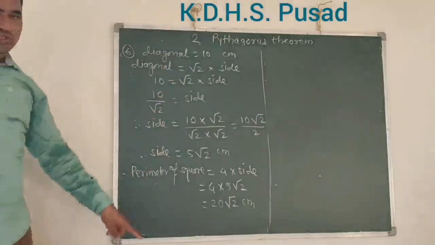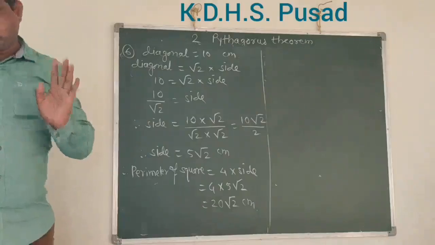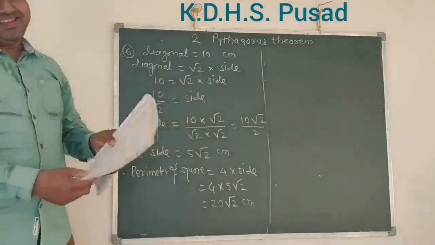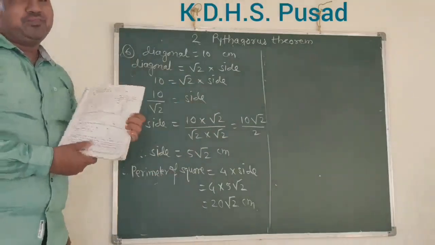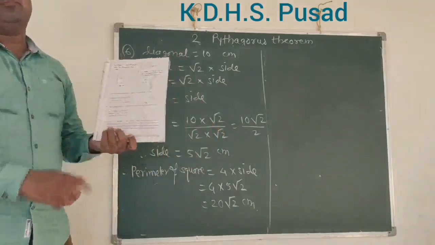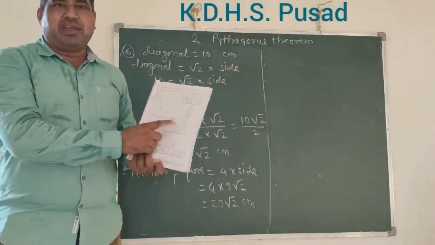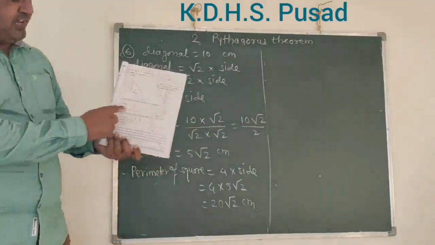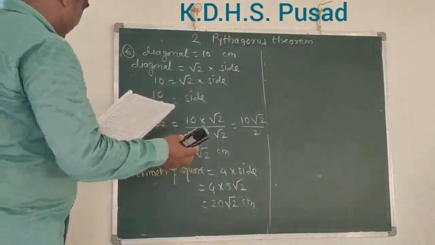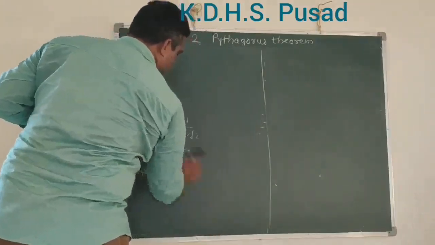In this way, a question based on this logic is asked in every exam for 1 mark. Now, here is question number 7. Again, I am giving a hint for question number 7. In question number 7, you have to first use the theorem of geometric mean and then you can use the Pythagoras theorem to find the remaining values. Now, I consider question number 8.